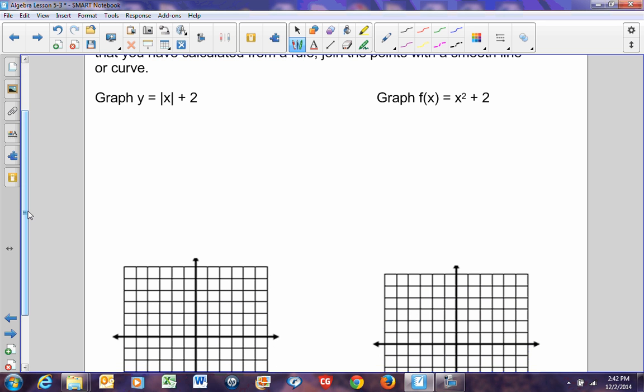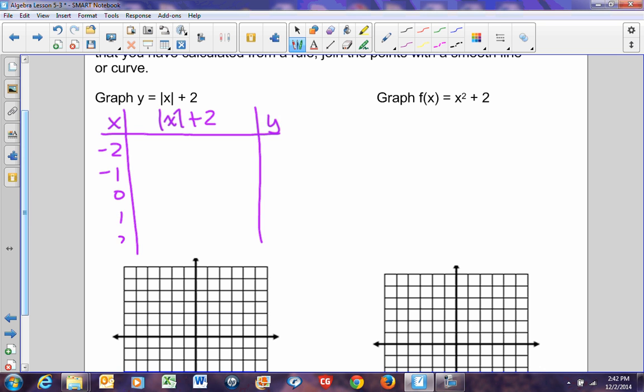And I'm going to make my lovely table of values, so I'm going to have an x value and a y value. And I'm going to have the absolute value of x plus 2. So I'm going to use -2, -1, 0, 1, and 2. When they are not linear graphs, if they don't make lines, it's very, very important that you choose at least 5 points. You may need to choose more points so you can see what the shape of the graph is